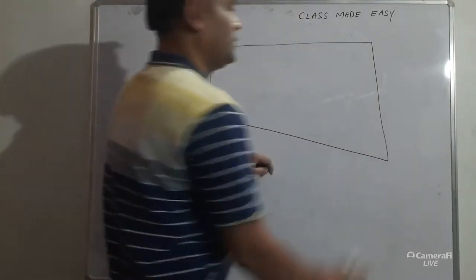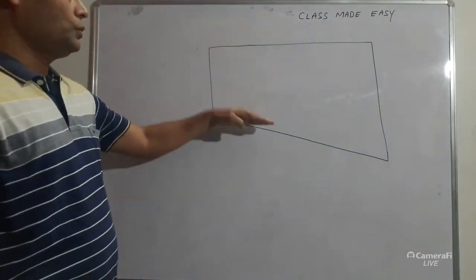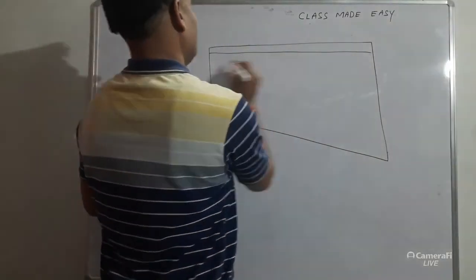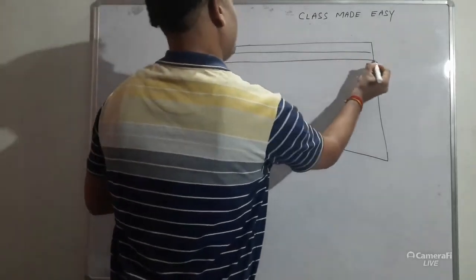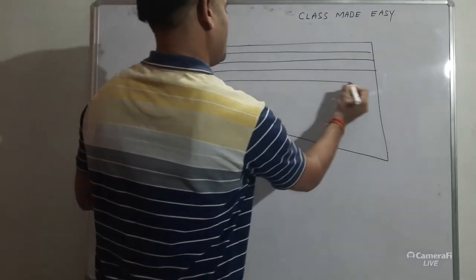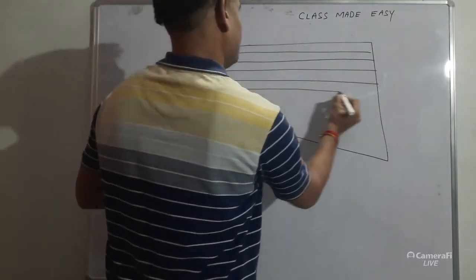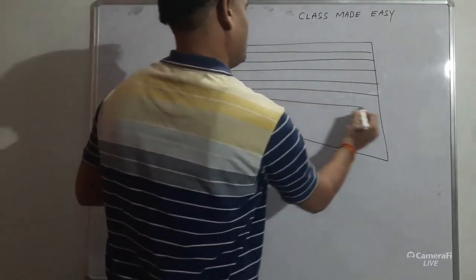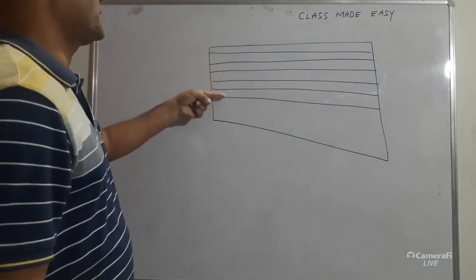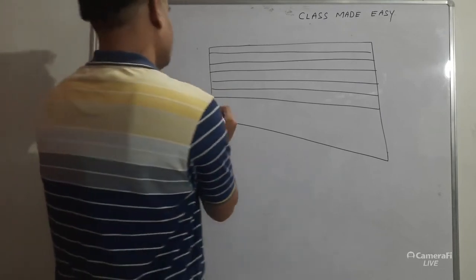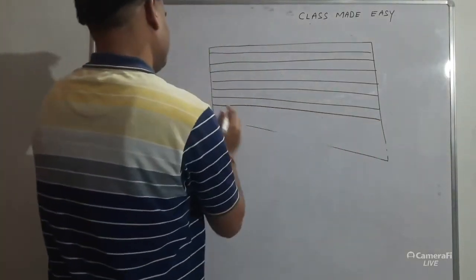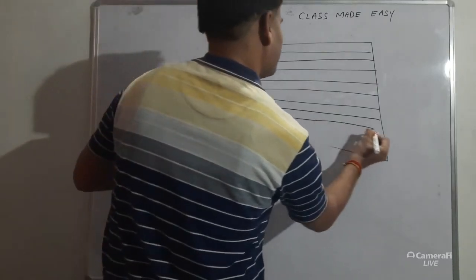See, these 9 horizontal lines means one line, two line, and now I will draw another, then next line, then next line, next another line, another line. Now see, this is 1, 2, 3, 4, 5, 6, 7, and this one is 8. So now it is 9th line. This one is 9th. So this is 9.